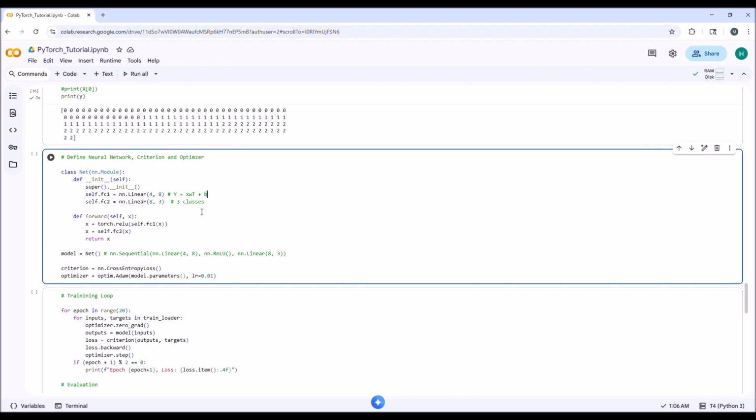Four nodes in the input layer because there are four features, eight in the hidden layer because I don't want it to overfit or underfit, so I thought eight would be sufficient enough. Three outputs because we have three different classes that we want to classify the data into. We start by creating this first layer, and we're going to use this